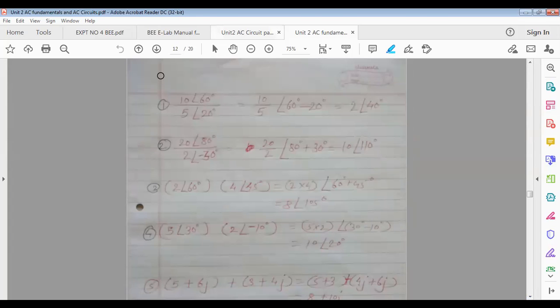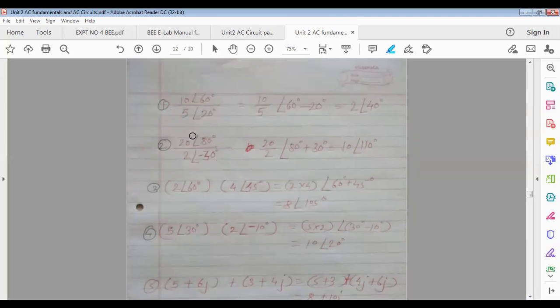Polar form. See here, everyone has to concentrate here, because in single phase AC circuit calculations, all this concept is required. Numericals, I already told you, for the electrical subject more weightage is there for numericals, so you should be able to do the calculations. Once we convert the instantaneous voltage equation and current equation in polar form, see here, magnitude and angle, magnitude and angle. What do you have to do here?